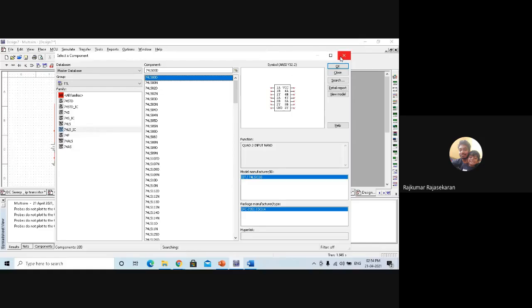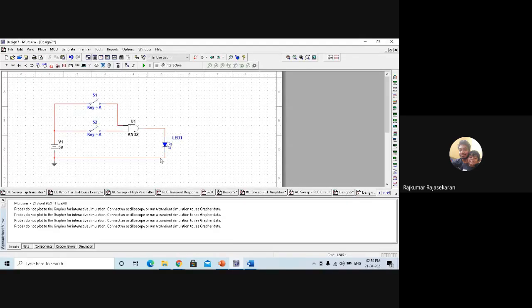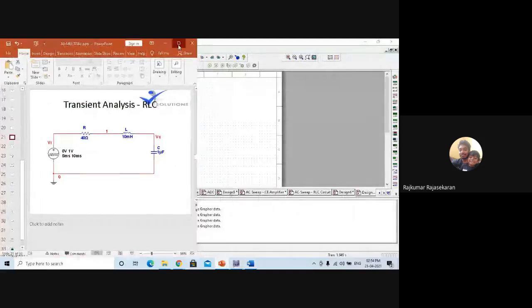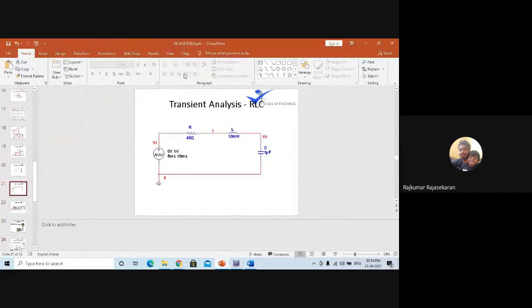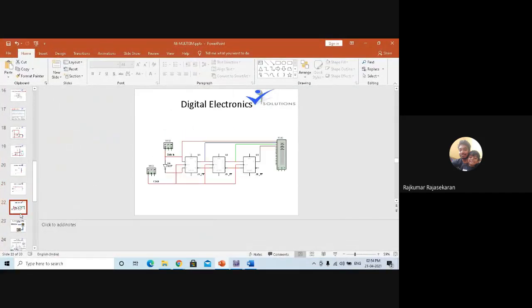Right, so those are one of the options. Okay, let's try some other circuit. Not only simple circuits like this are available, you can also build complex circuits as well. But before that,